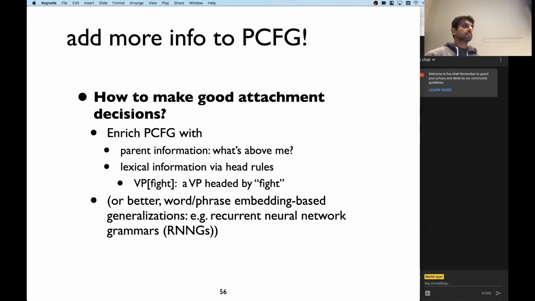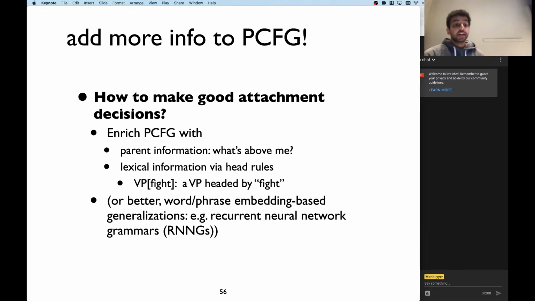question then is, why didn't we just do this in the first place? There are probably some downsides of doing things like this. Can anyone think of some? So of course, this is great, right? We get a lot more information about this verb phrase, and maybe this verb phrase that uses fight has very different syntactic usages than a verb phrase where the verb is like is, right? So that seems generally great, but